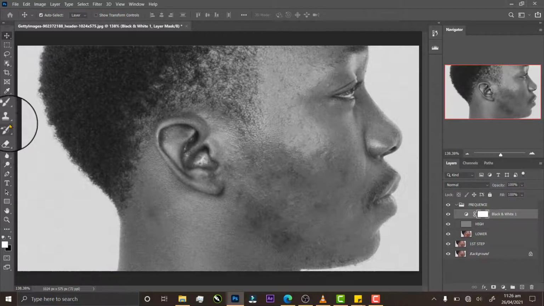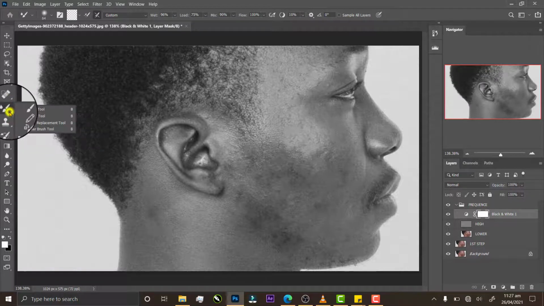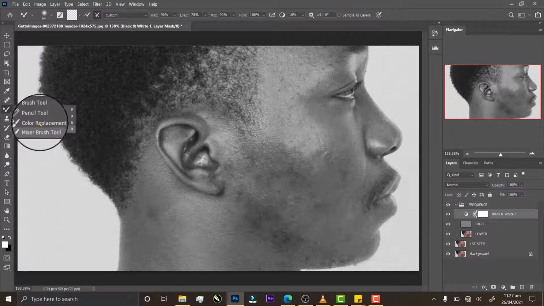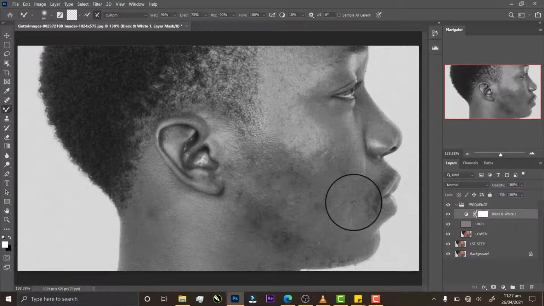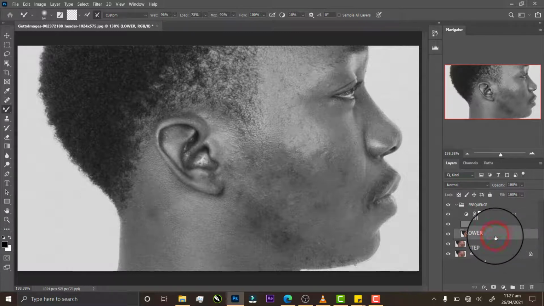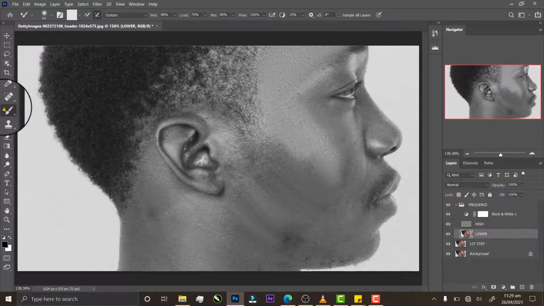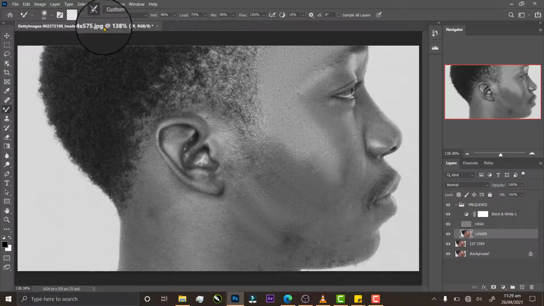of the model. So select the mixer brush tool. If you can't see the mixer brush tool on your brush tool, just right click on it and it will display different brushes. Click on that. Once you click on that, make sure the lower icon of the second layer is active. Once you select the mixer brush tool, make sure this option here is checked and your brush is green,